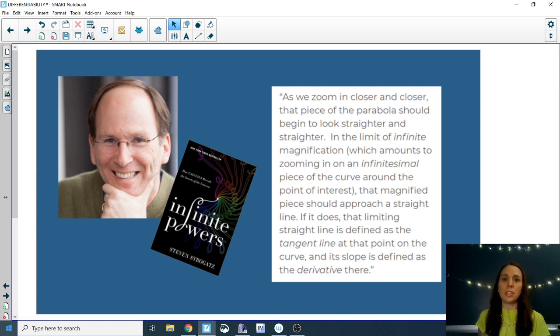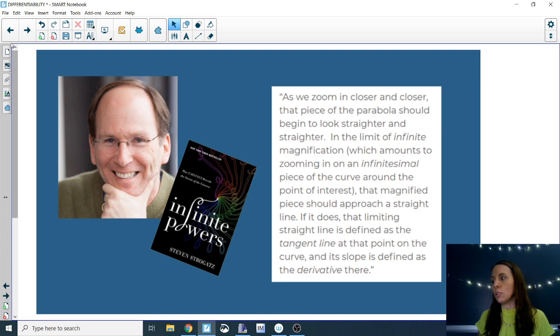Okay, he goes on to talk about the fact that what you're doing with a derivative is defining a function to represent the slope of a curve. It's not just looking at one particular point and identifying the slope of the tangent line at that point. A derivative is broader than that. It's saying, let's see if we can define a function that we can use to find the slope of any